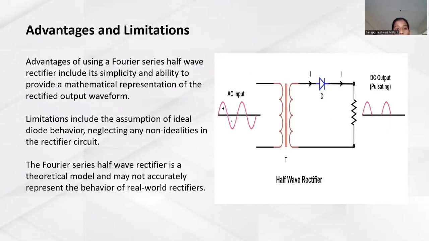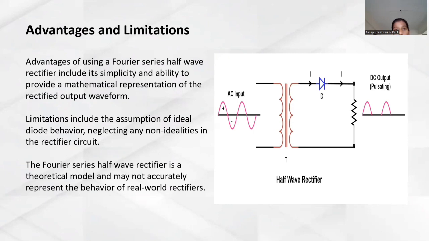Advantages and limitations of Fourier series. The advantages of using a Fourier series half-wave rectifier include its simplicity and ability to provide a mathematical representation of a rectified output waveform. Limitations include the assumption of ideal diode behavior, neglecting non-linearities in the rectifier circuit. The Fourier series half-wave rectifier is a theoretical model and may not accurately represent the behavior